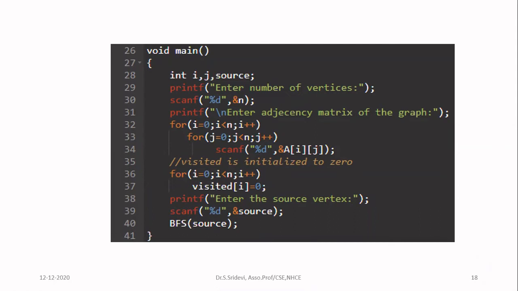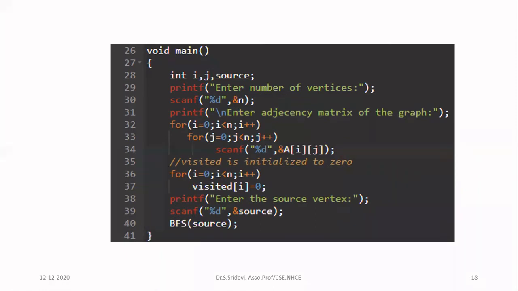That is nothing but 1. If there is an edge, it is 1. If there is no edge, it is 0. Sometimes you may get weighted graphs also. So what is the meaning of weighted graph? For every edge, depending upon the cost of that particular edge, we are going to give some weight. This will be useful for considering the shortest path. Shortest path in the sense, if you want to go from one city to another city, there may be different cost in the particular path. So in those cases, you have to give weights to the edges.